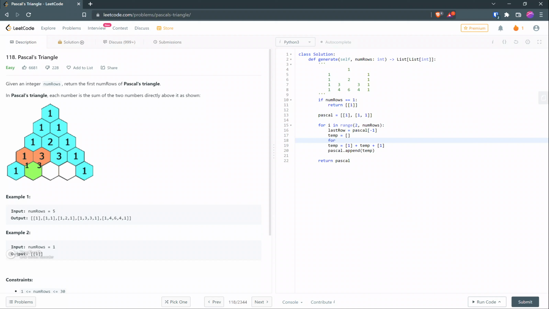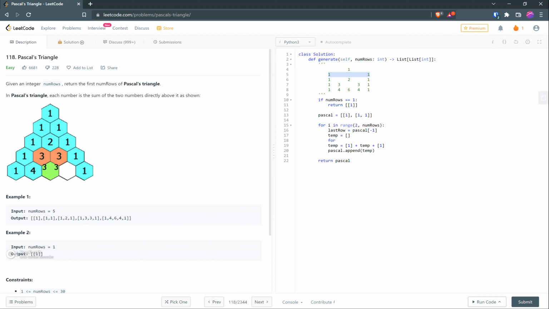Now for calculating the middle elements, we can clearly see that for row number 3 we want to calculate one middle element. For row number 4 we want to calculate 2 middle elements. For row number 5 we want to calculate 3 middle elements. But how do you say how many times you want to iterate over this to calculate the middle element? Let's take an example of row number 3, that means one middle element. If you want to calculate one middle element, we can have a logic of the number of